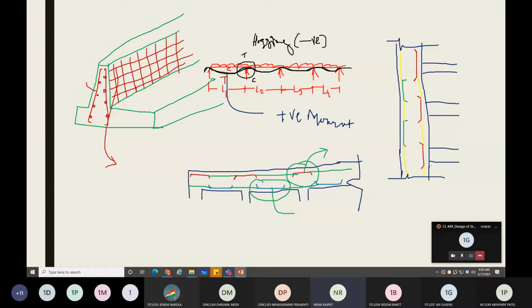So here the main reinforcement which was vertical in the cantilever member, that main reinforcement is placed horizontally, and the vertical reinforcement that you have to provide throughout the length will be placed like this. Meaning if you see vertically, all these will be vertical reinforcement. You cannot see this in this view, but the vertical reinforcement is placed throughout the length. So this is the third difference between cantilever retaining wall and counterfort, where in the cantilever retaining wall the stem main reinforcement is placed vertically throughout the length, whereas here the horizontal reinforcement is the main reinforcement for the counterfort retaining wall, right? So this one is the case.